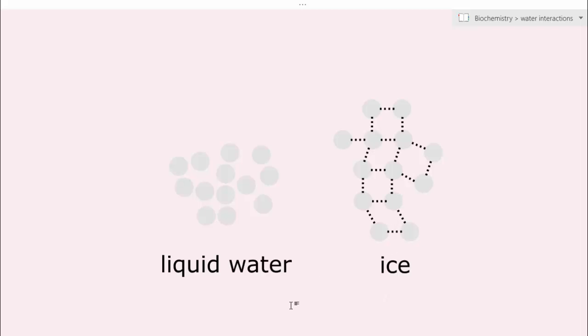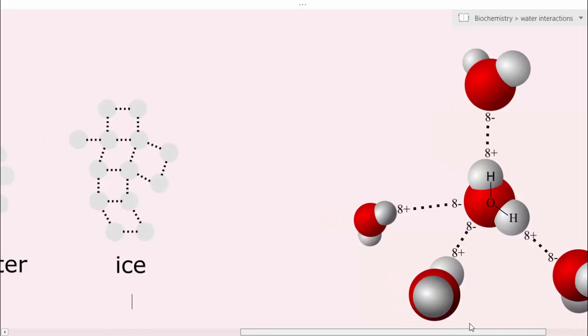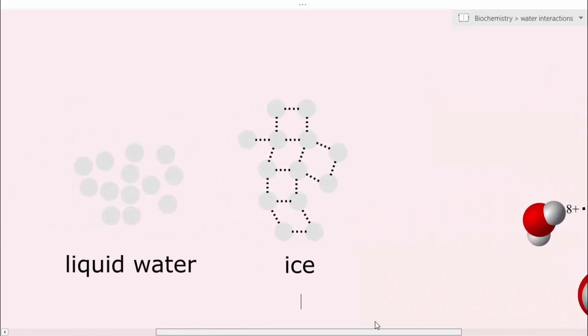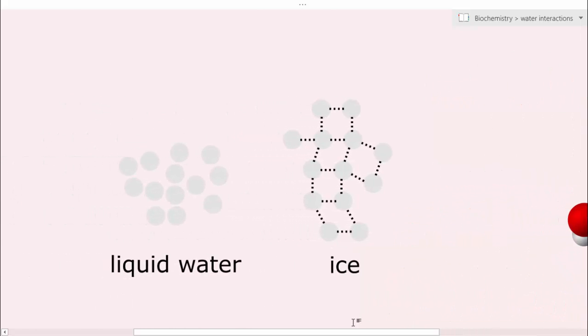This is a 2D structure of it, and that's the 3D structure. It's a tetrahedron. As you can notice, these circles in here acquire a larger space than these here. So the density of this, which is ice, is lower than the density of liquid water. Now, this property of water is very important for